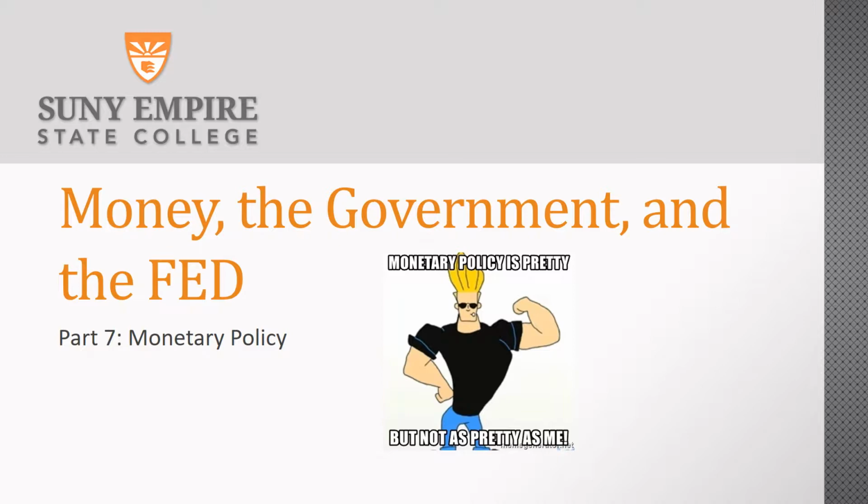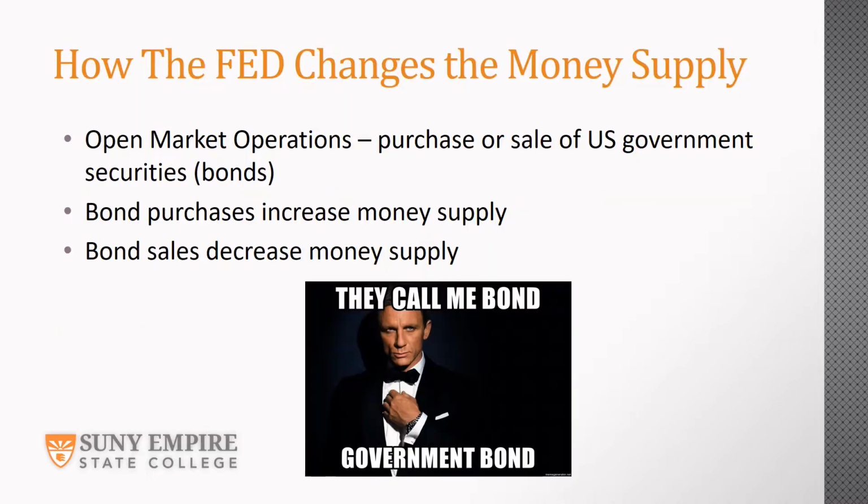Part 5 inspects the federal budget, its components, how it is funded, and what role federal deficits play in the economy. Part 6 looks at the Fed, its role, structure, and functions in the economy. The final part of the series considers monetary policy and how all the aspects of fiscal and monetary policy affect the gross domestic product. In the previous resource, we saw that one of the roles of the Fed is to